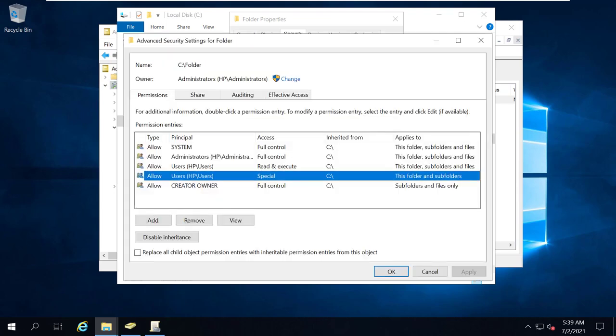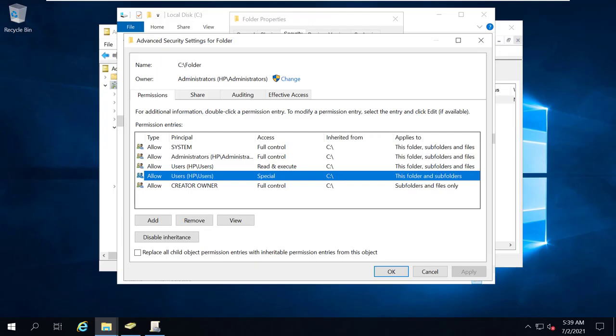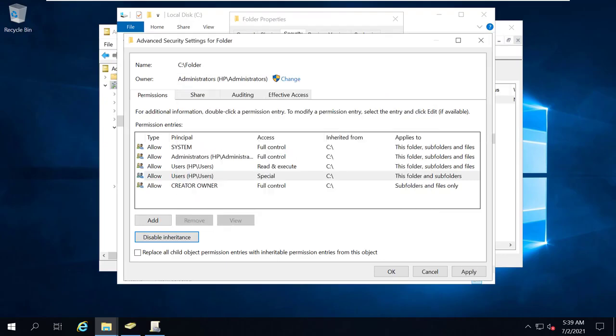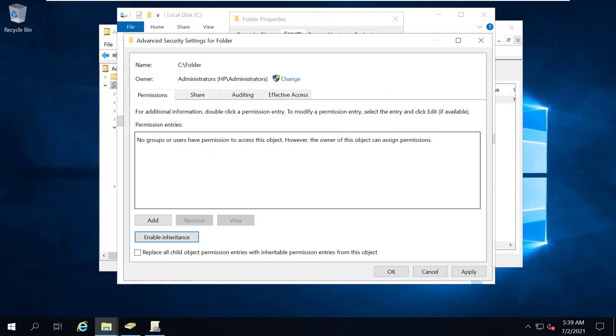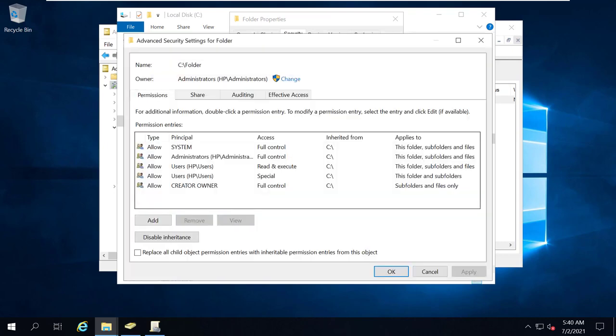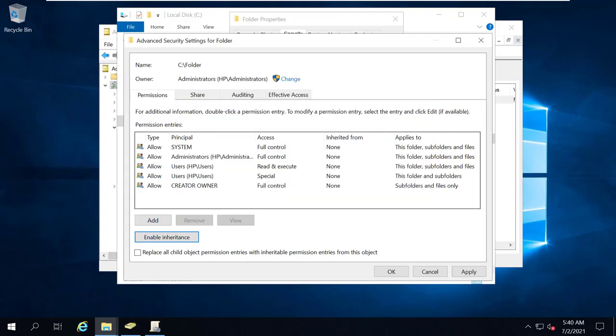Advance. So I have two here, special. You need to use only one. So I need to edit this. First you need to, wait lang, disable inheritance. Ganyan ang mangyayari if you remove all inherited. Hindi ganun, we don't like that. So advance, you don't need that. So disable inheritance to explicit. So explicit permission, I need to remove this.